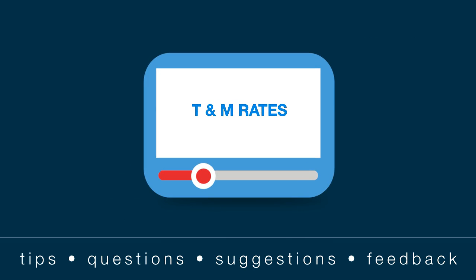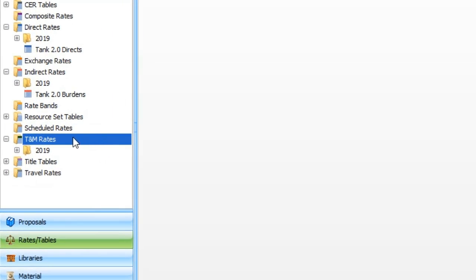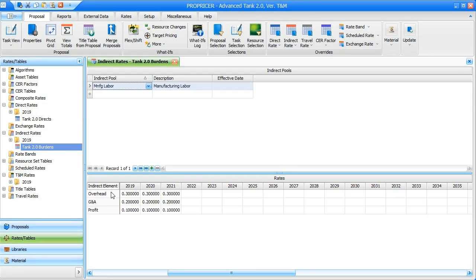In today's episode we're going to talk about T&M rates and rate tables. T&M rates give you the ability to assign a single, complete rate to the resources in your proposal. In other words, a T&M rate table can include indirect rates such as G&A, overhead, and profit fee, along with direct hourly rates to create one combined, fully burdened rate. This can be useful if you don't want your indirect rates to be displayed as separate inputs in the proposal